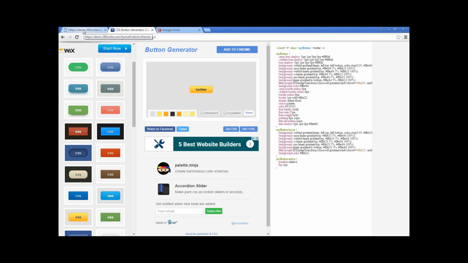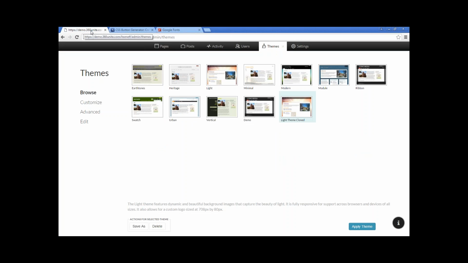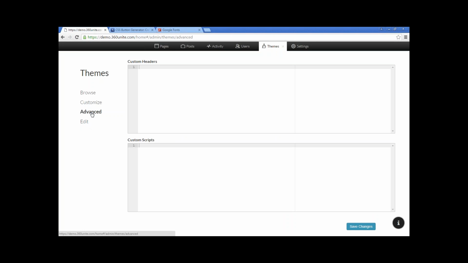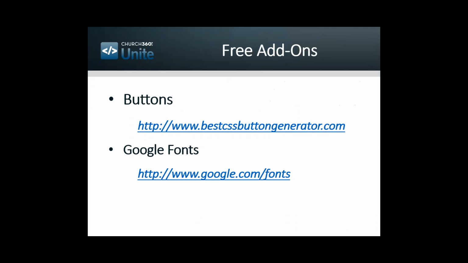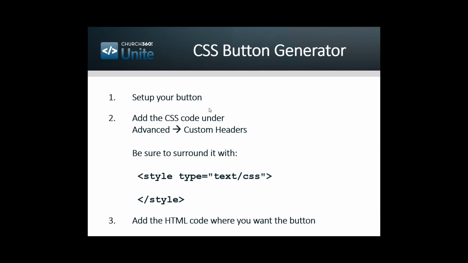Then I'm going to go back to the demo website, our website here, and I'm going to go to Advanced here on the left-hand side. And I'm just going to right-click and paste the information from the website in here. There's one thing that I need to do in addition, and I'm going to switch back to my PowerPoint presentation to show that. When I'm pasting the CSS from the website, I do need to add this additional information in here. So I can add the CSS code under the Advanced Custom Header tab, but I need to